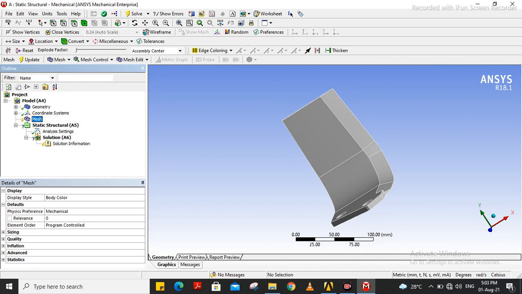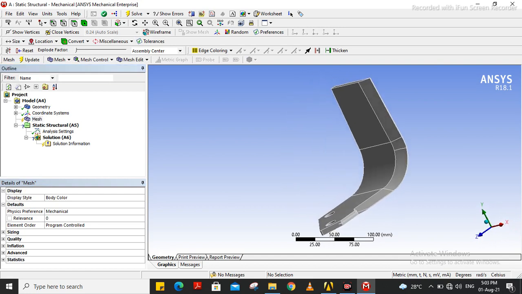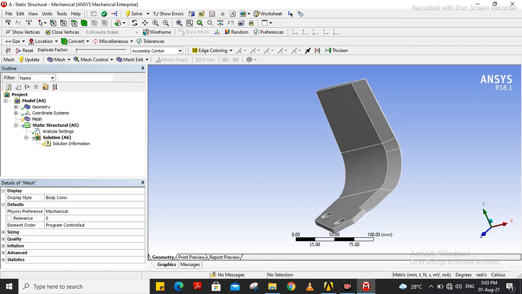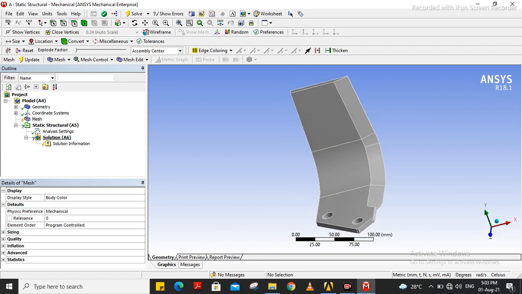Whatever the tools are there, you are aware about this. And as soon as we have entered into this mechanical or static structural window, we need to first go for this discretization or meshing.